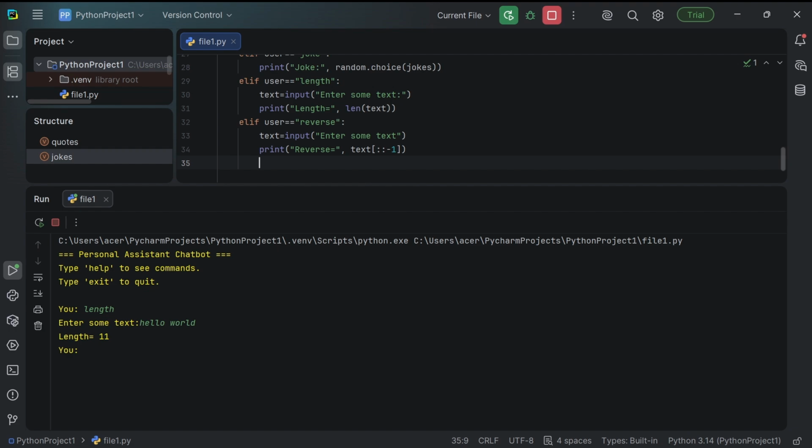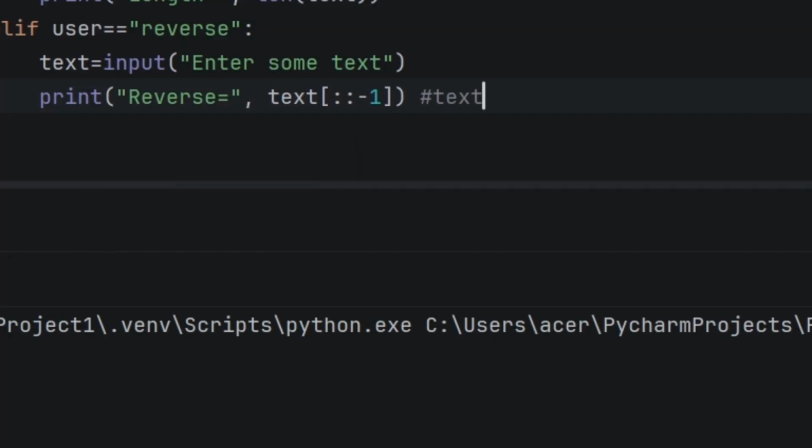Let's understand this line. This is called string slicing. Earlier, you may have learned text of 0 or text 1:4. Now we are using ::-1.